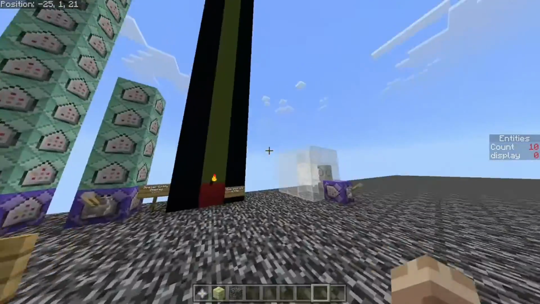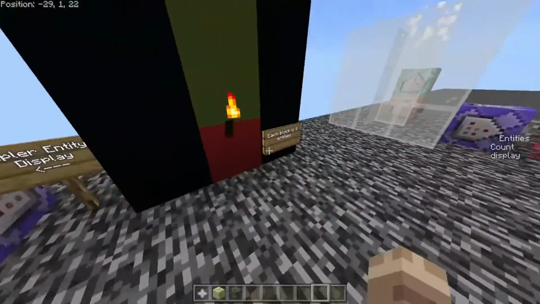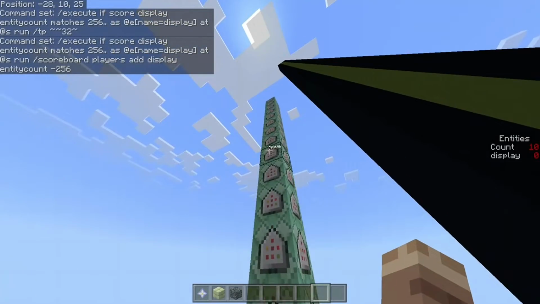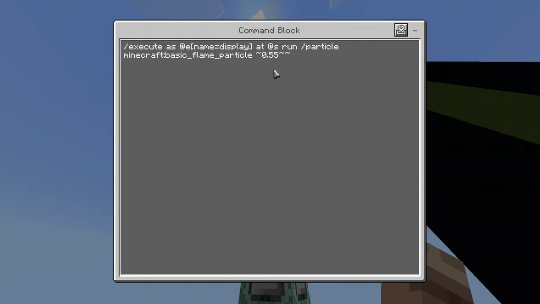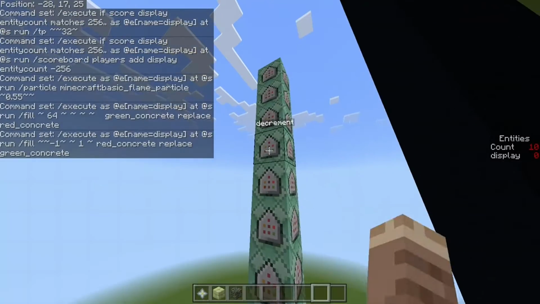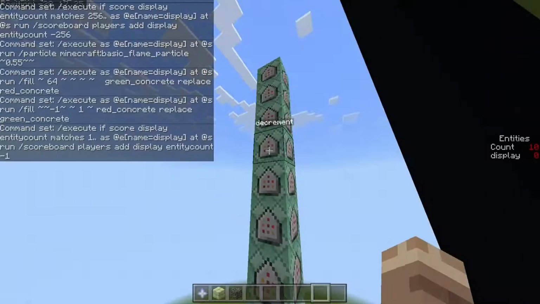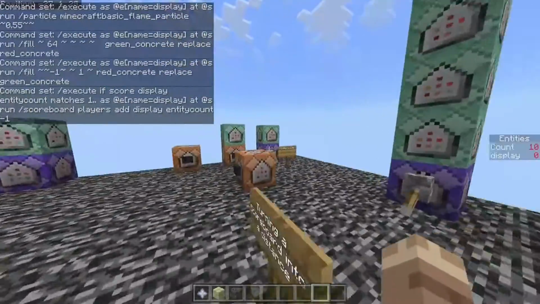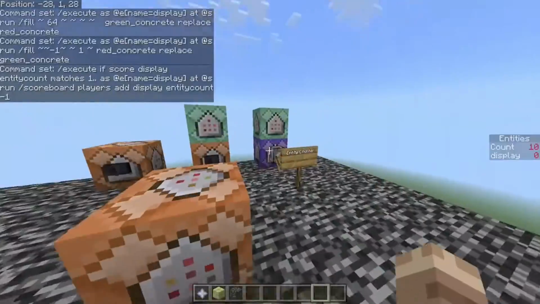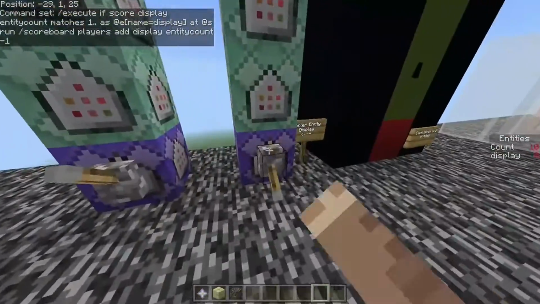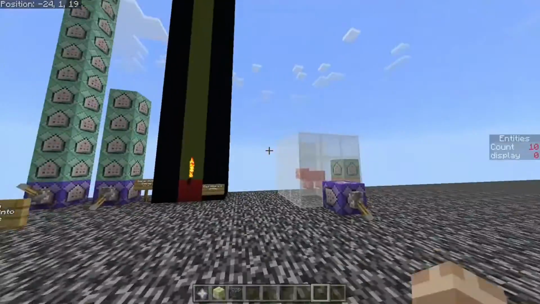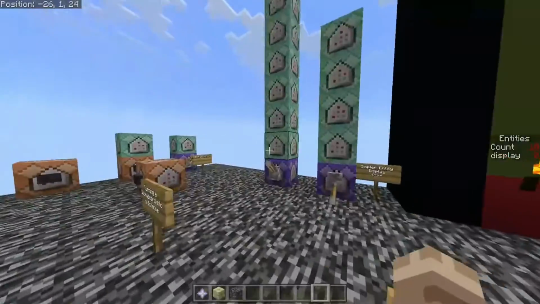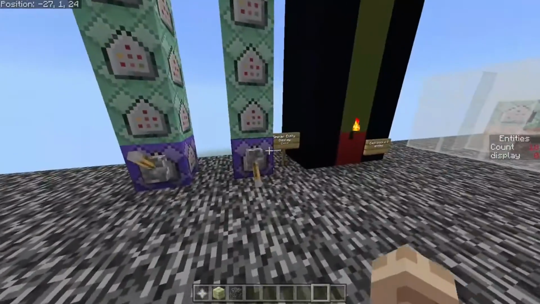It's actually about 8 entities, because the way I have it set up here is it always teleports them 1/8 of a block per number in the scoreboard. So if the scoreboard is 512, which is 1 more than the highest possible value that the system right now can handle, then it will do 64. So if you just want the display here, the main purpose of this display is